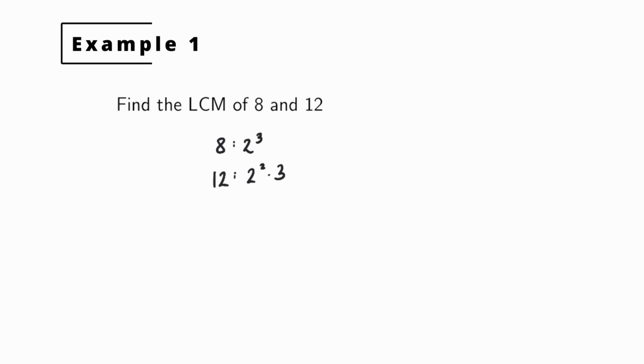The way we see the least common multiple is we look at each unique prime in both numbers, and we need whatever the largest power of each unique prime is. So if we look at our unique primes, we have 2 and 3. But we need the largest power of each that's available to us. So our least common multiple, the largest power of 2 is 2 cubed, and the largest power of 3 is to the first power. So our least common multiple will be 2 cubed times 3, which of course is 24.